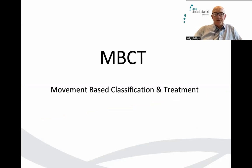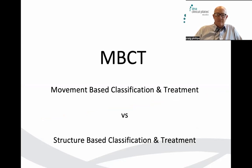And this is where we've coined this term MBCT, Movement-Based Classification and Treatment. So the treatment is a big focus, incorporating exercise and movement, but not just generic movement, a classifying system. We'll talk about that versus your structure-based classification and treatment. Now, we know from what we see in the literature,